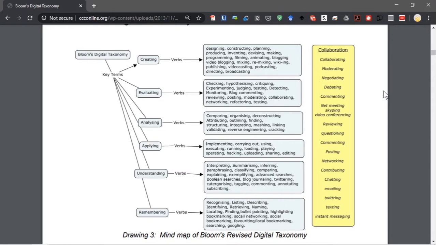Understanding includes things like interpreting, summarizing, inferring, paraphrasing, and so on. Applying talks about implementing, carrying out, using, executing. Analyzing is comparing, organizing, deconstructing, and so on. Evaluating looks at checking, hypothesizing, critiquing, experimenting, and then, of course, creating looks at things like designing, constructing, planning, producing,